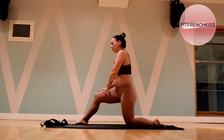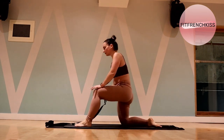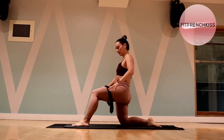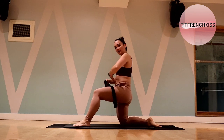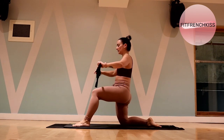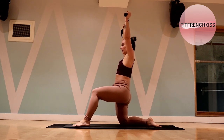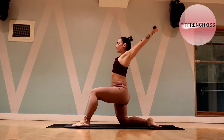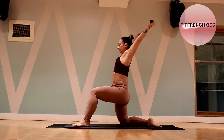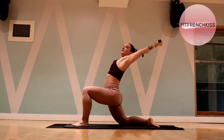Good. So we're going to take ourselves back to the other side now. The left leg forward. Take your band. We're going to go back to what we did with the shoulders and the back bend. So stay in your neutral spine first. Stay in your neutral, also hip flexor stretch, and we're going to try and do the same movement we did when we were on our knees, taking that band backward, rotating into an external, lifting your chest towards the ceiling,